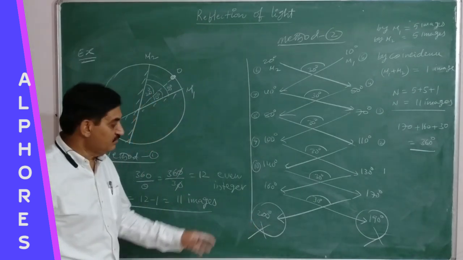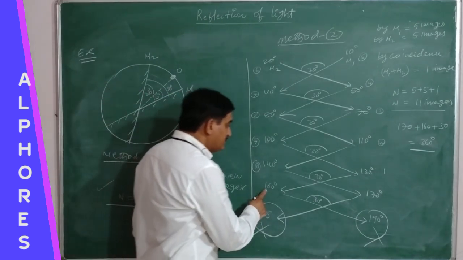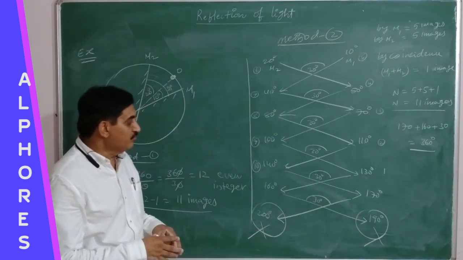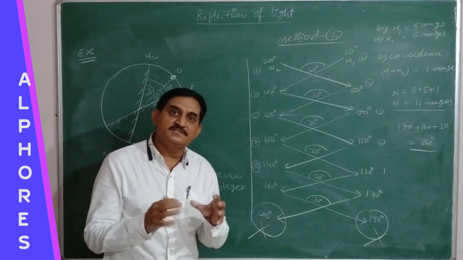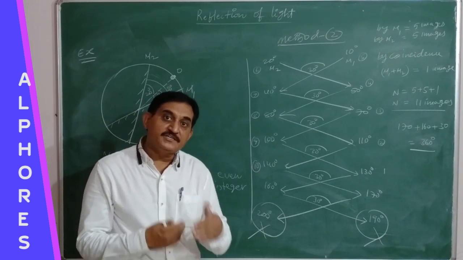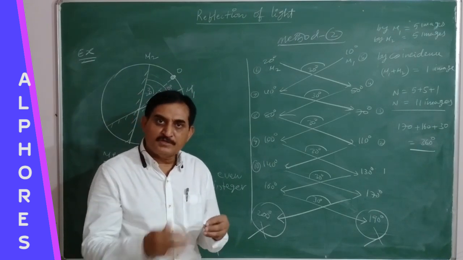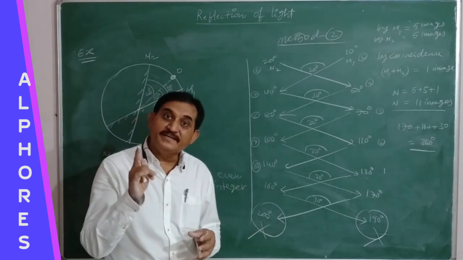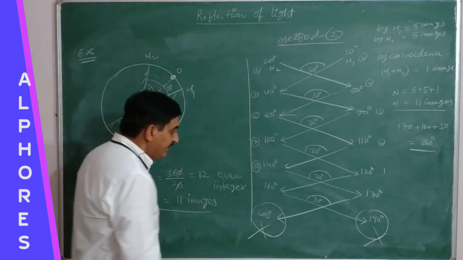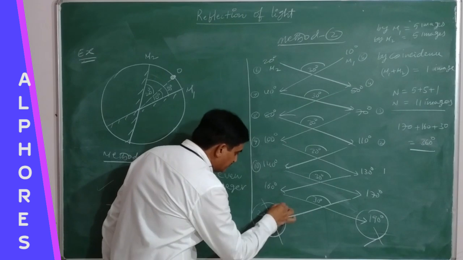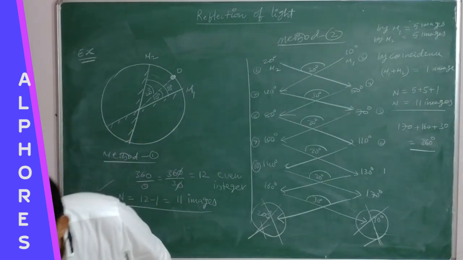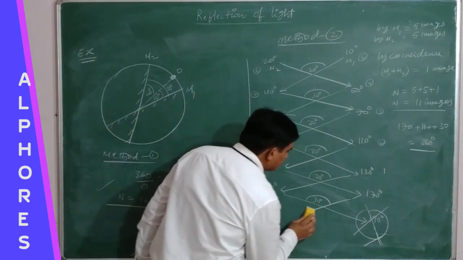180 degree, that is you are getting 200. Here 160 plus 30 you are getting 190. So the condition is, once you reach 180 degree, that is not taken into account, it is omitted. Okay, so before reaching 180 degree, you can add up till you get that value. Don't take that 180 degree into count. Same you are doing over here. It is crossing 180 degree and this is removed. It is also crossing 180 degree, this is removed. Therefore, remove it.